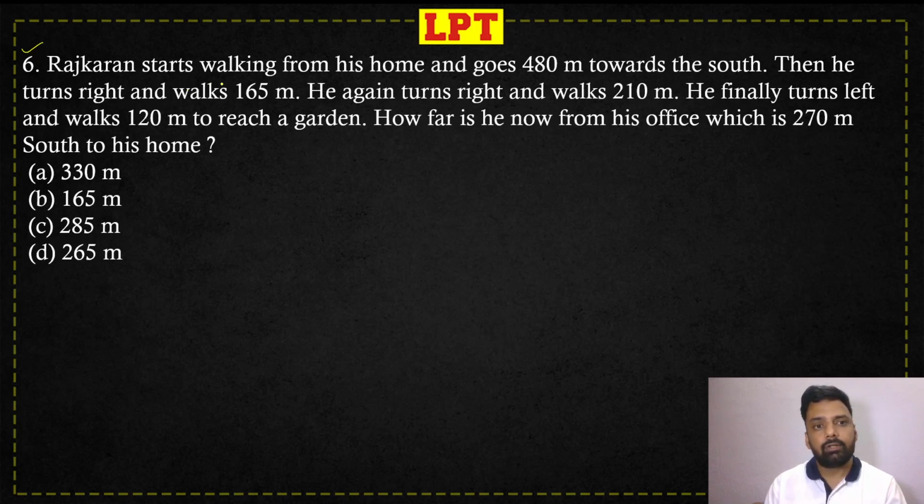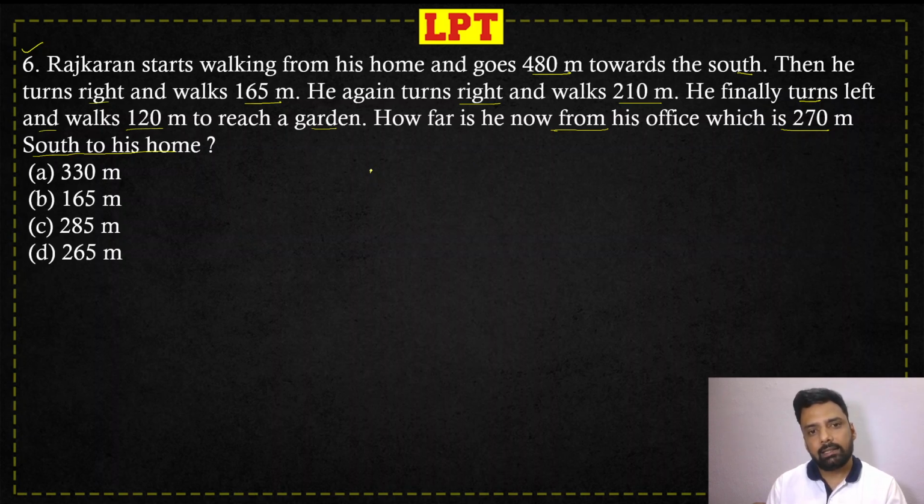Let's say next question: Rajkaran starts walking from his home and goes 80 meters towards south. Then he turns right and walks 165 meters. He again turns right and walks 210 meters. Finally he turns left and walks 120 meters to reach a garden. How far is he now from his office, which is 270 meters south of his home? What is the situation? Rajkaran starts from his home and goes 480 meters towards